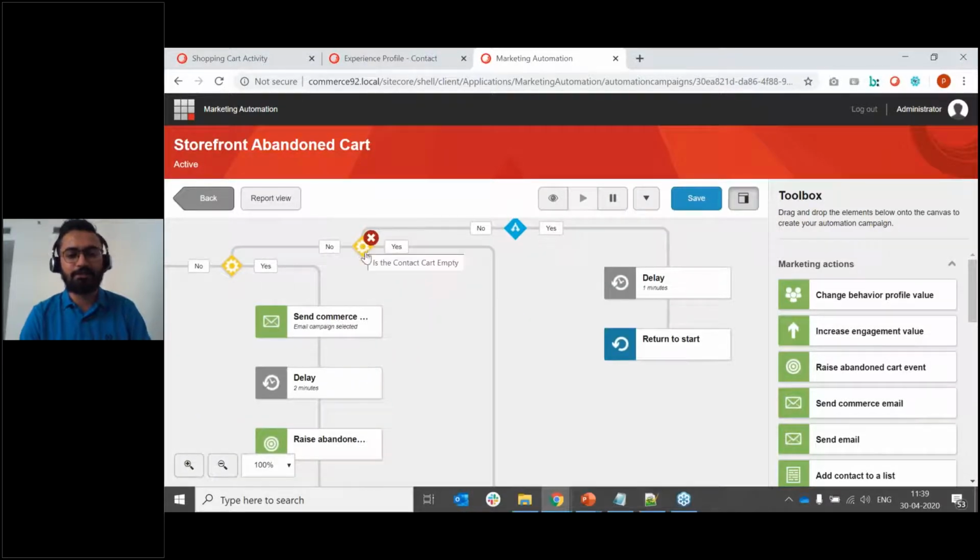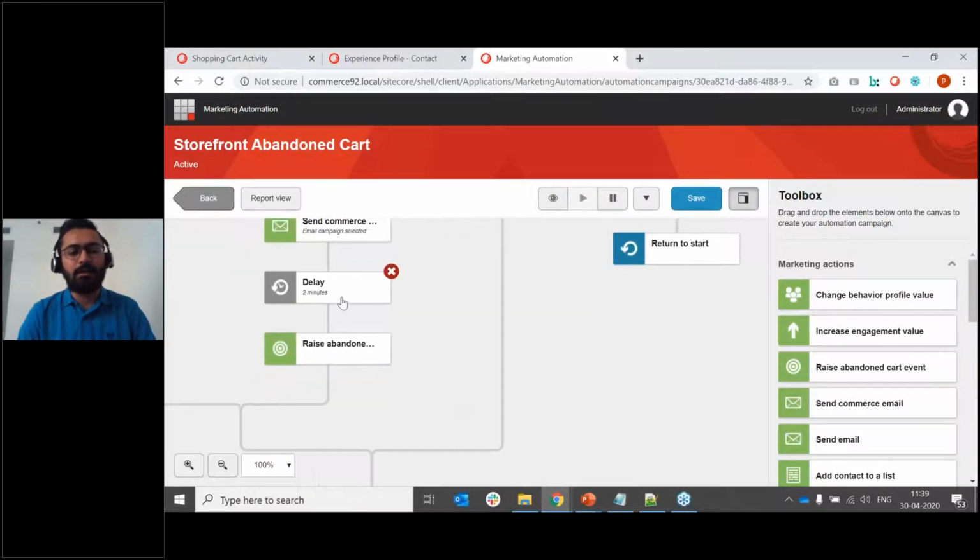We'll check whether the cart is not empty and the user has an email, and then we'll send an email to the user for the abandoned cart, saying that you have missed these items and you can go back and resume your cart. And after this much delay, which is for testing purposes so I have a short amount of time, otherwise we'll have time defined here for the user to resume the cart. And then if the user doesn't resume the cart in the given duration, then the abandoned cart outcome and page event will be raised, which we will be able to see in reports.